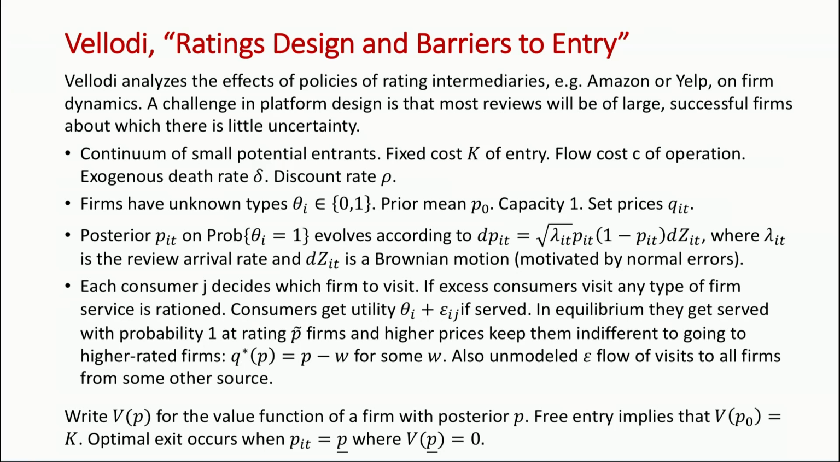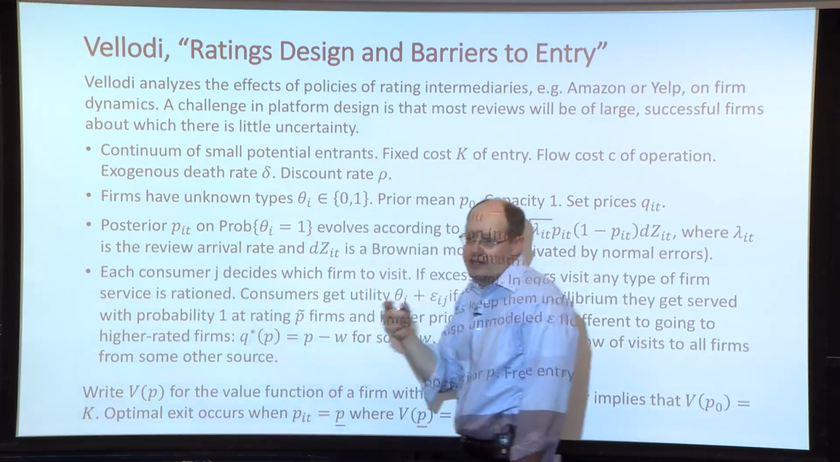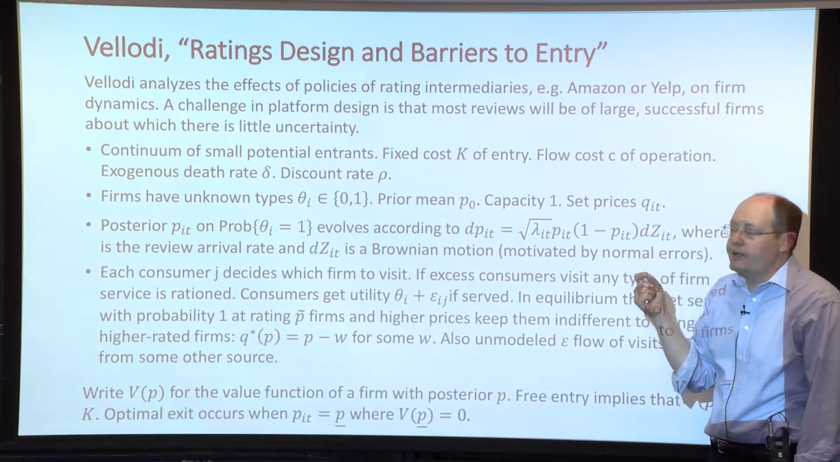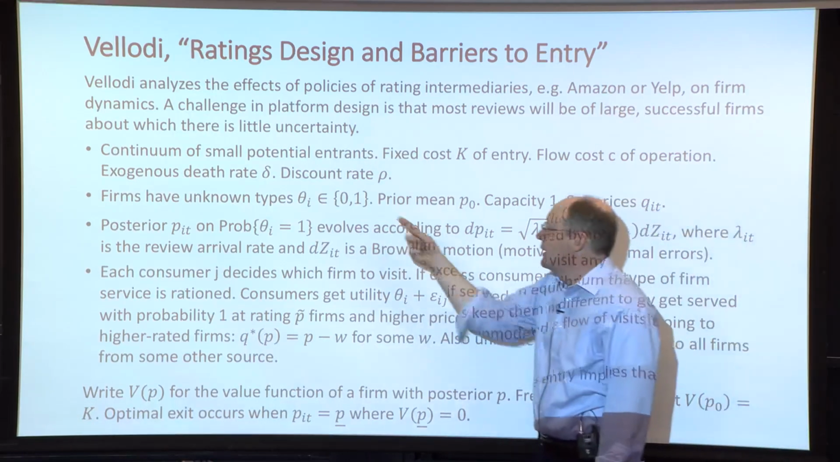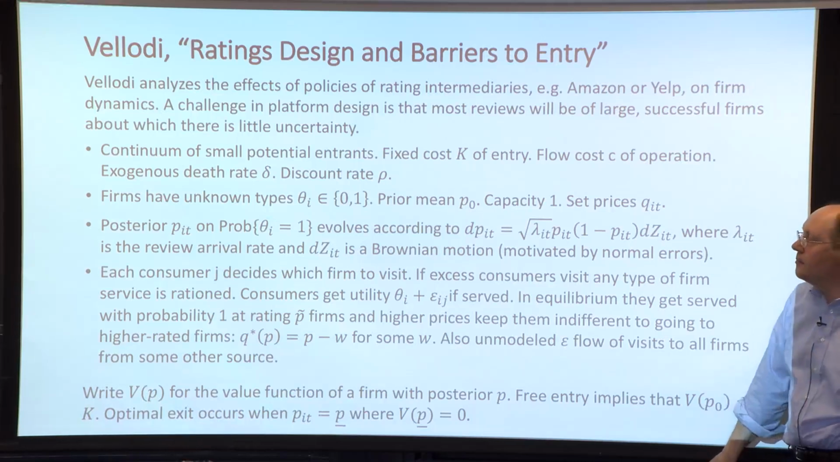Just to make the model have a steady state equilibrium, there is some exogenous death rate delta, so every firm with some probability just disappears in each period. And then firms have some discount rate rho. In his model,